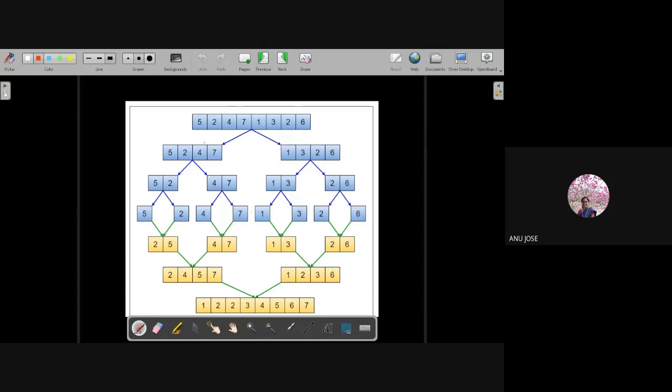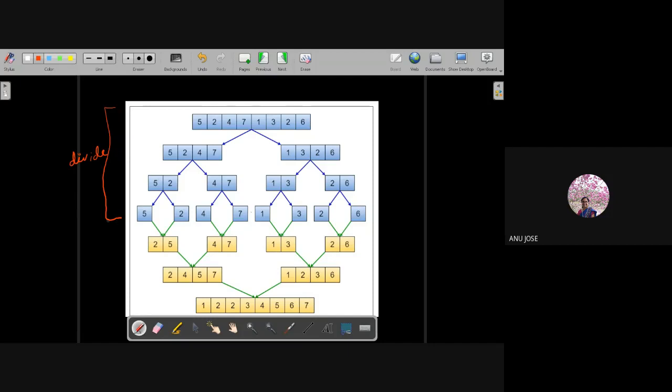This is actually what happens in merge sort. Whatever array you have, it will be divided into half of the original size in each iteration until it reaches one single element. One single element is the smallest problem in the divide and conquer strategy for sorting, because a single element is already sorted. So that is the divide phase: every time it is just dividing the array into half of the original size.